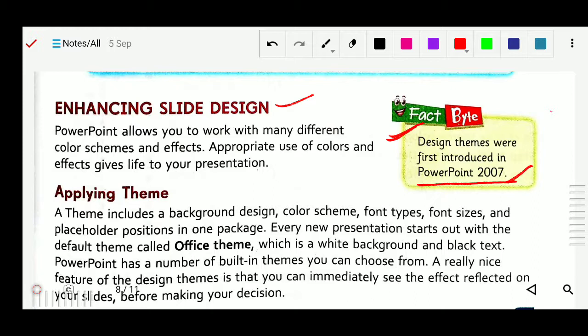Appropriate use of color and effects gives life to your presentation. So it is really true.